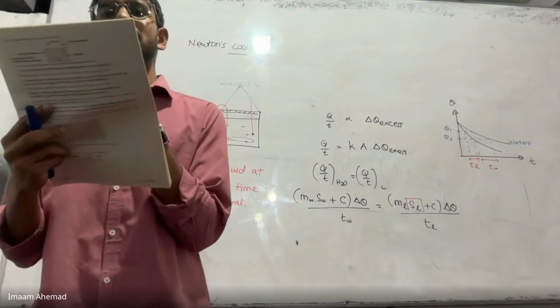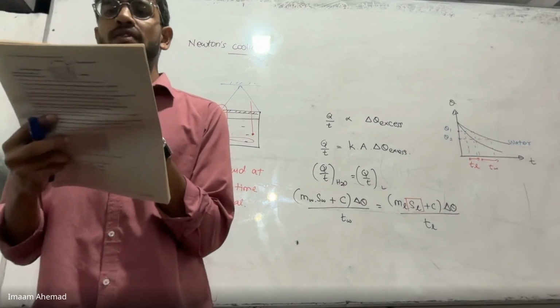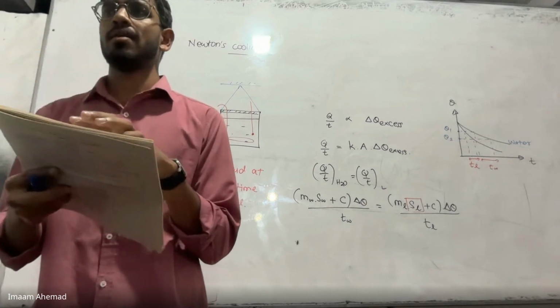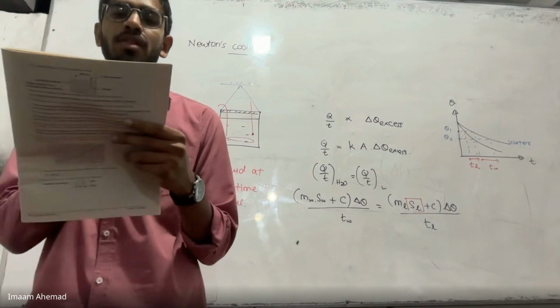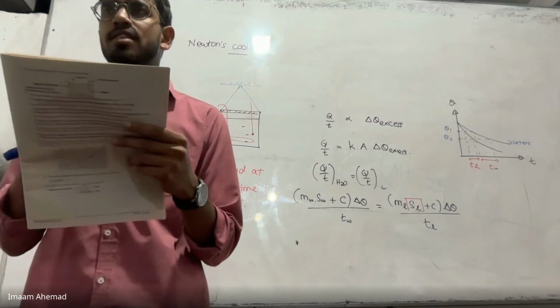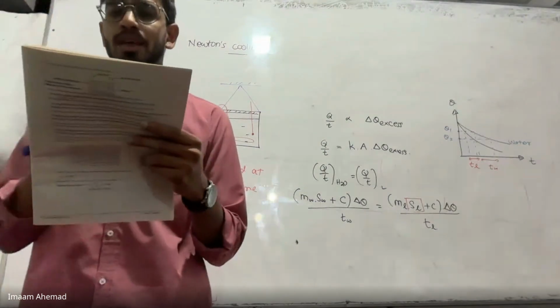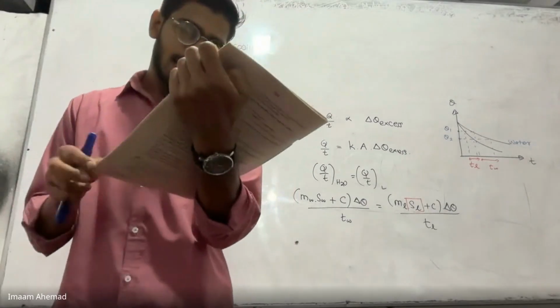But look at the second question: state the process by which heat is lost in a calorimeter. In a calorimeter, what are the methods heat can be lost? They have mentioned 4 methods: conduction, convection, radiation, and evaporation. Okay. So they have mentioned evaporation, and then come to